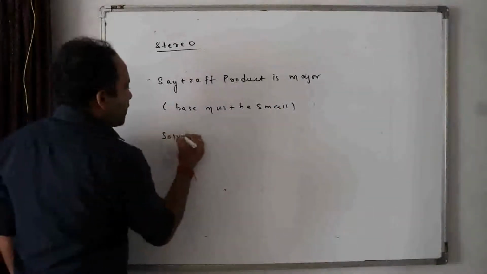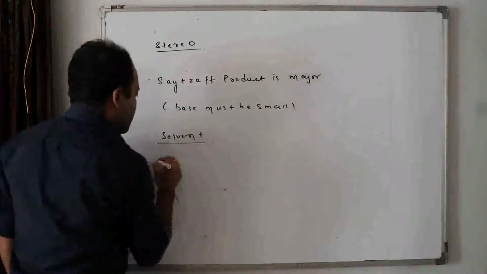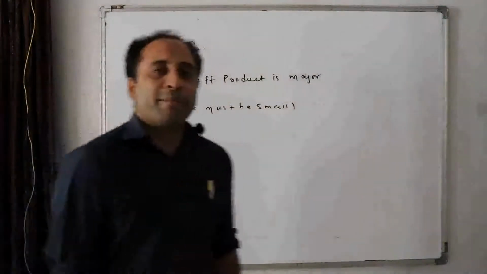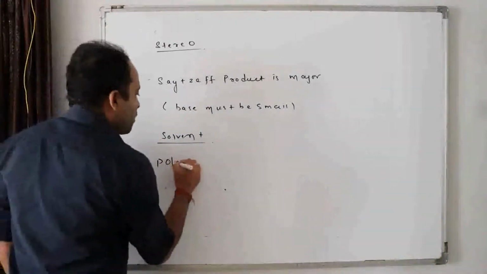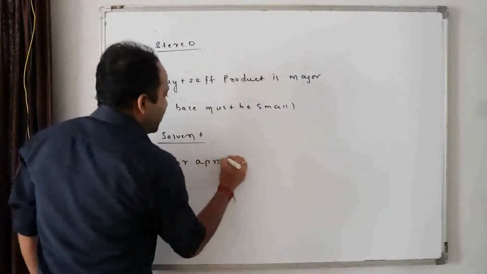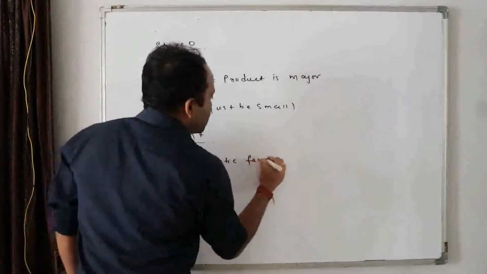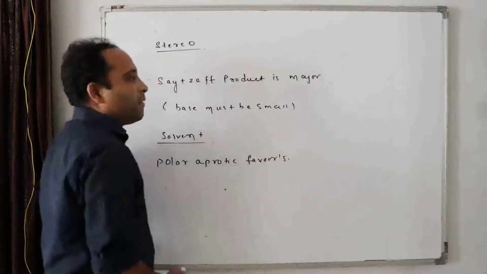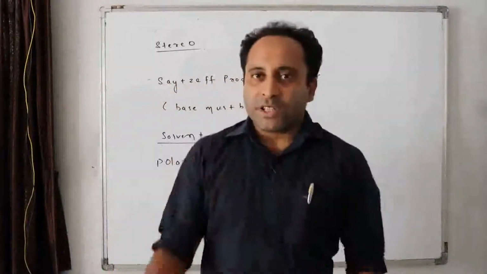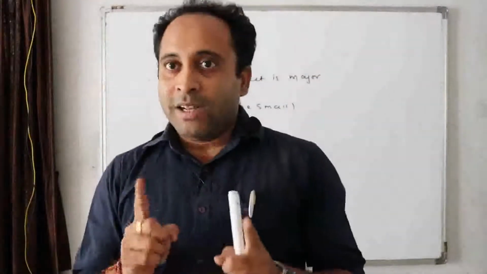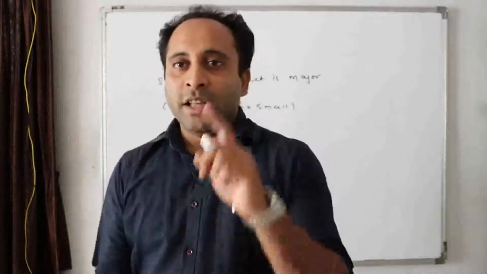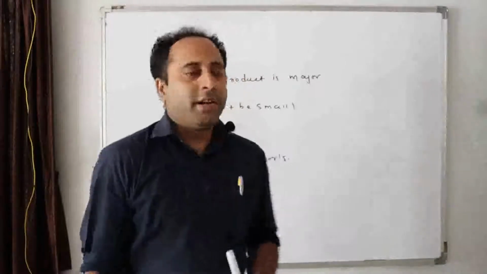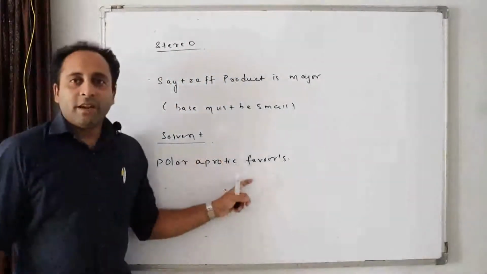Now, one more thing. Which type of solvents are preferable in E2? Do you remember SN1 polar protic, SN2 polar aprotic? In E2, polar aprotic favors. Remember, beta, again I am saying, solvents are just a support system for the mechanism. Solvent will not decide what mechanism it will follow. The basic deciding factor is the degree, not the solvent. Okay.